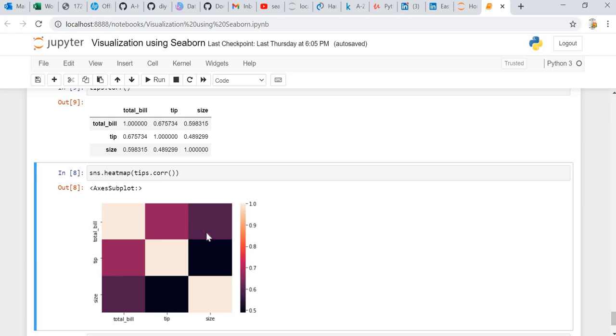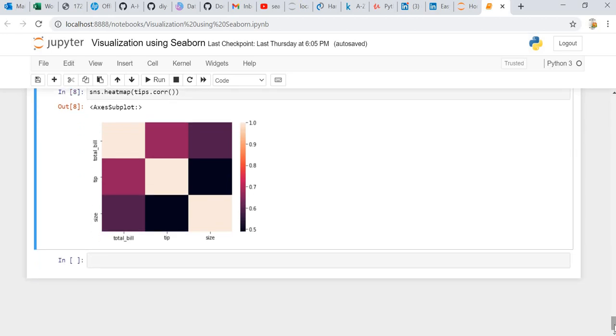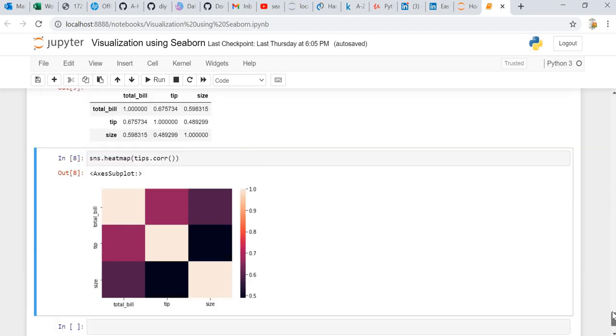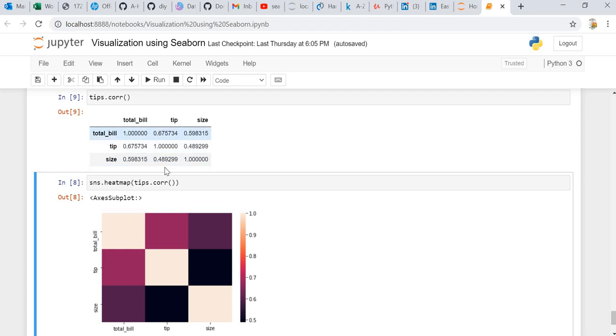Okay. So all of the other colors vary as per the correlation that we are getting from the heatmap. Now we can also do the annotation that we have over here. This is the annotation that we are getting, right? If we want, we can print it inside the graph also.